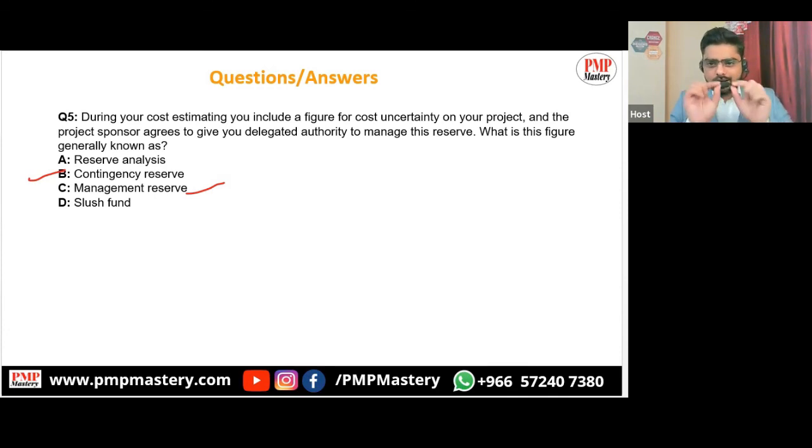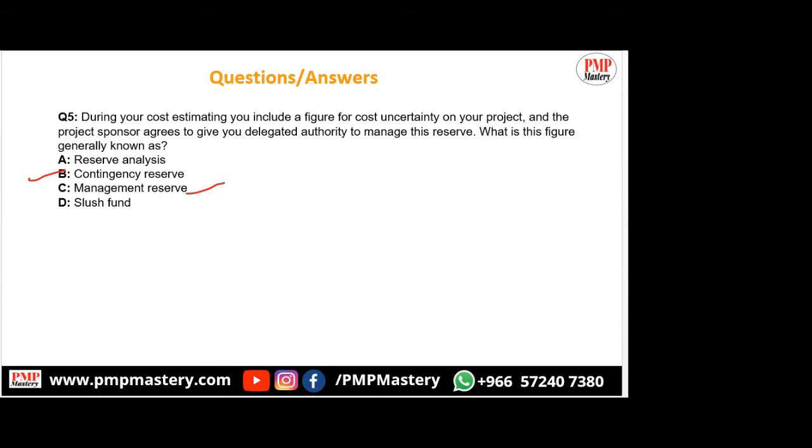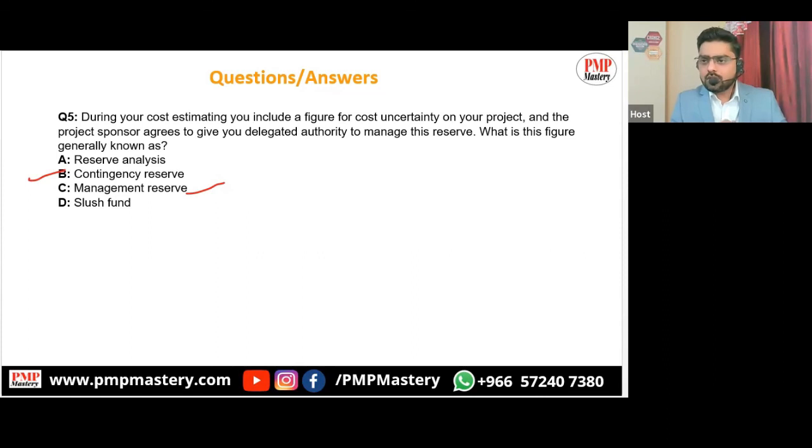So guys, uncertainty is both known and unknown. This is a risk which may or may not happen. So when you talk about uncertainty, it is may or may not, first thing. And now why do you have to choose the contingency? Because contingency is something under the control of the project manager, under project management team control. Management reserve is not under the control of the project manager. It is not part of your cost baseline.